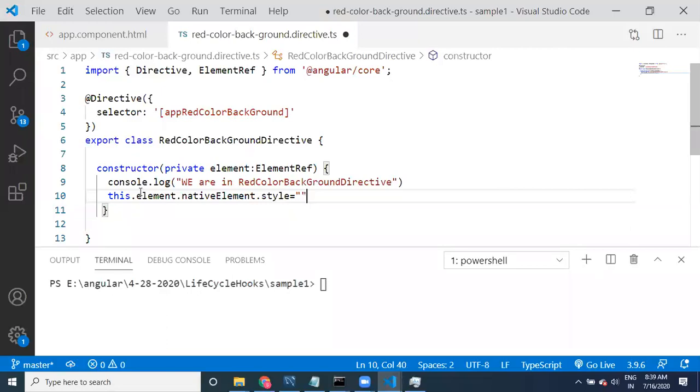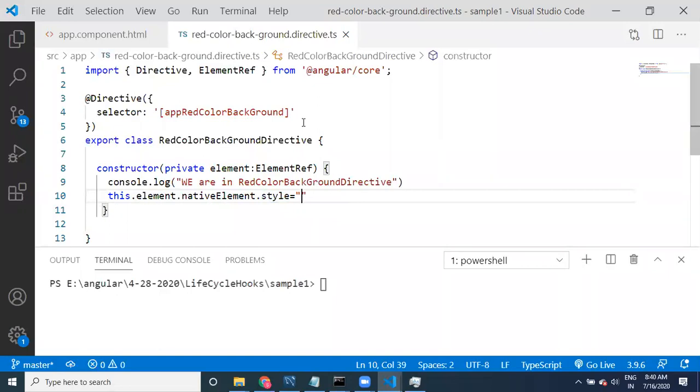You can apply the style to whatever element we are getting. This directive is applying to an element, and that element object we are going to get. For that element object we are using this dot element dot native element dot style dot, and you can apply whatever style you want.